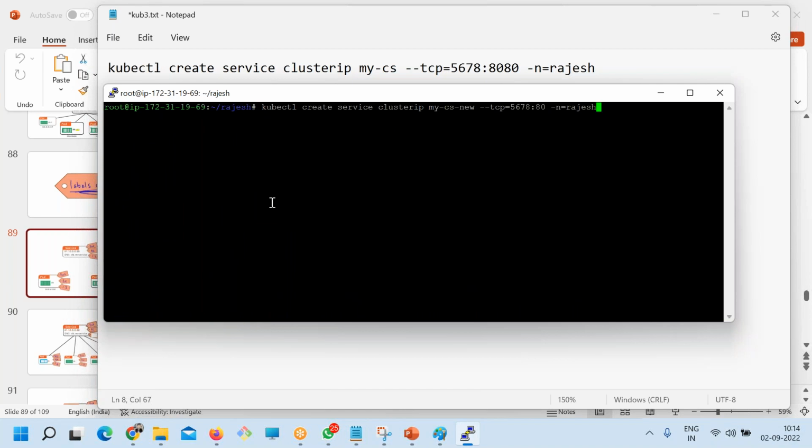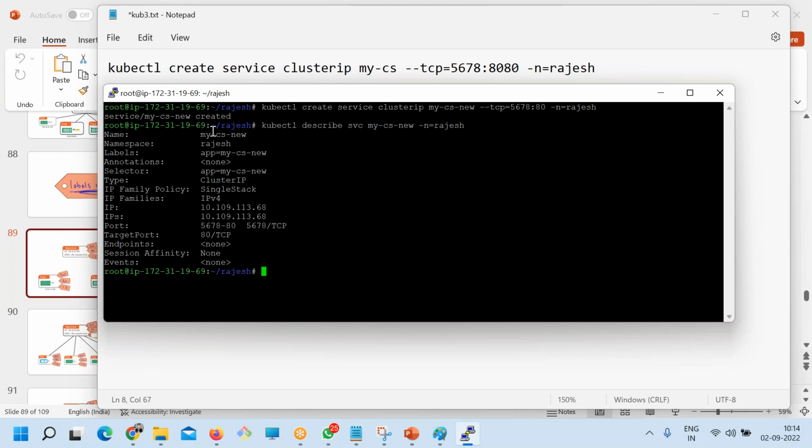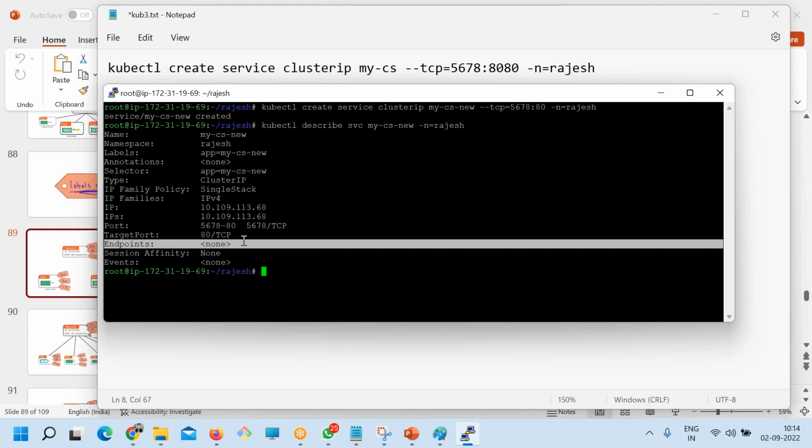Clear the screen. See, new. So this one you should check the endpoint. Remember that for any service, when you want to see how much load balancing this service is doing, you should check that.